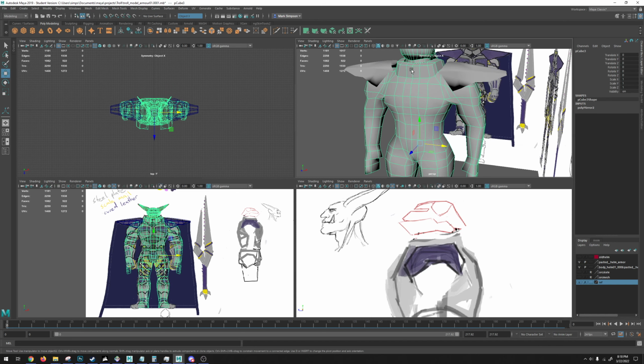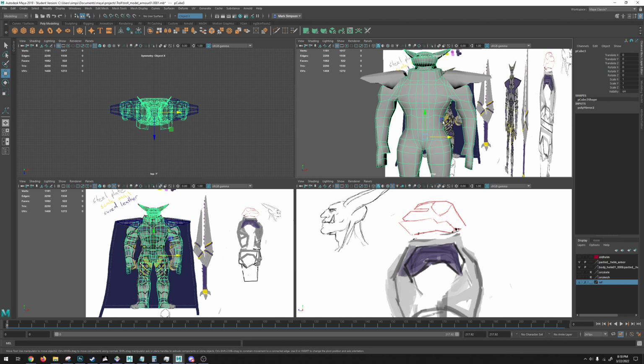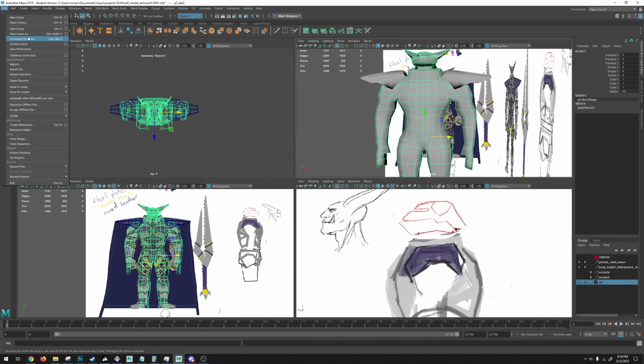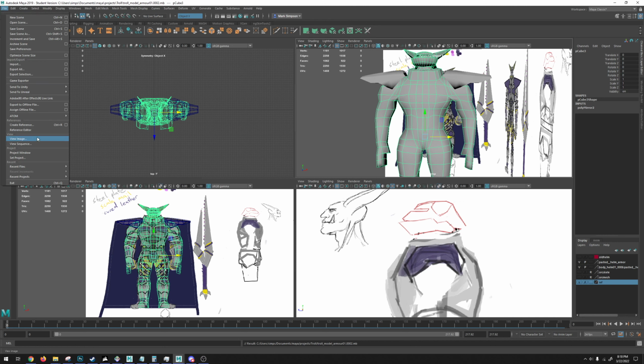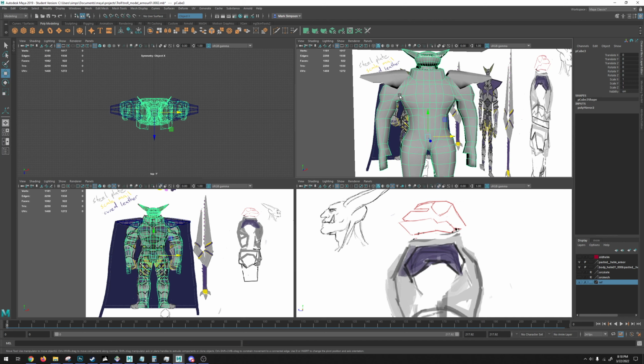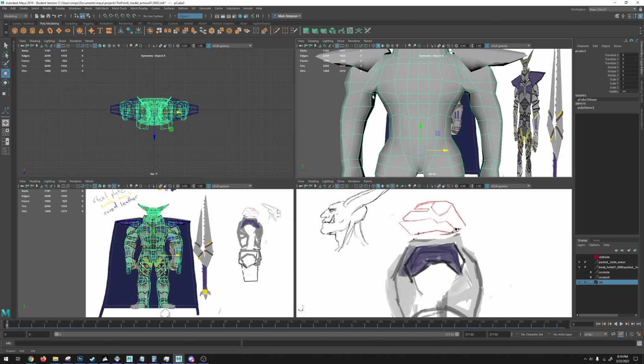I wasn't 100% sure about this neck piece, but now I might have to live with it because it's welded in there. Let's do an increment and save. Anytime I do any sort of change to my model where I feel like I might not be able to go back from there, I do an increment and save. That way, if I run into a wall and realize that some of the changes I made in the armpits here didn't really work out,